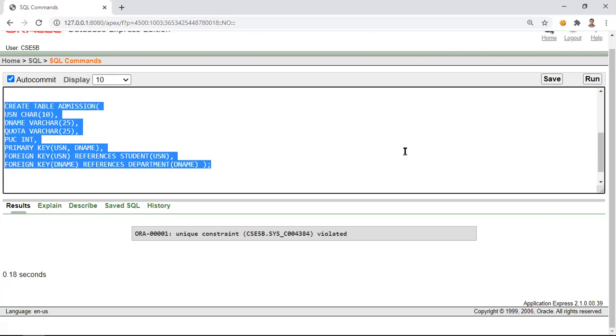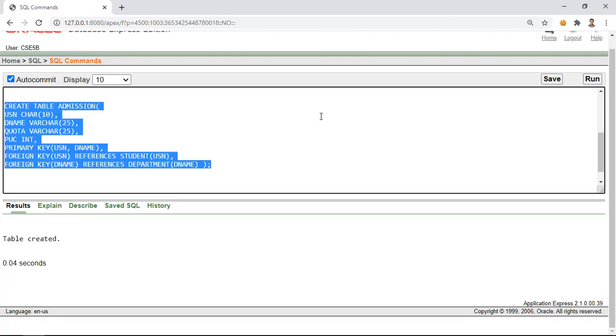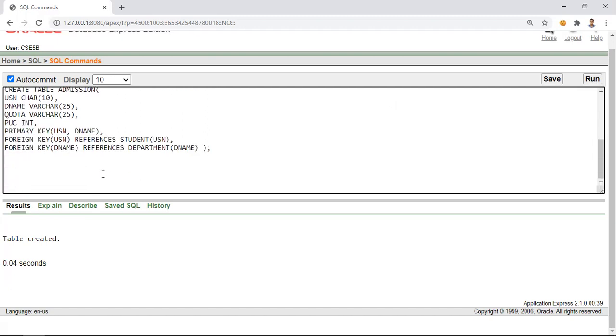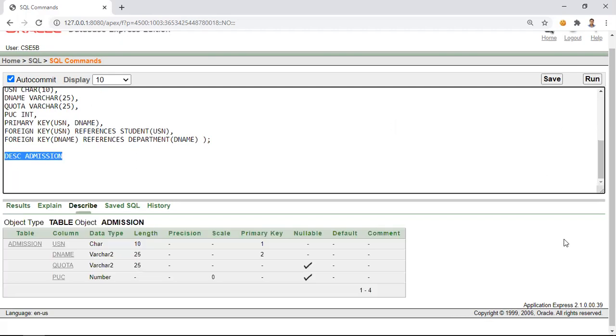Let us try to run this. The table is created. Now let us try to describe this. Describe admission. You can observe over here, if you look at this, both of them together are a primary key, which means their combination is a primary key, not the standalone attributes.